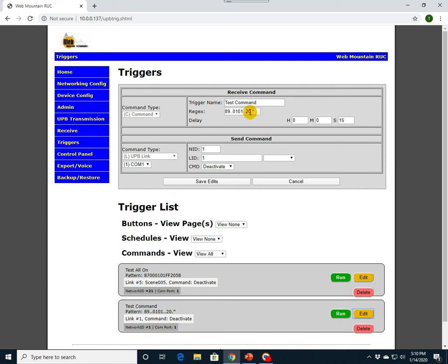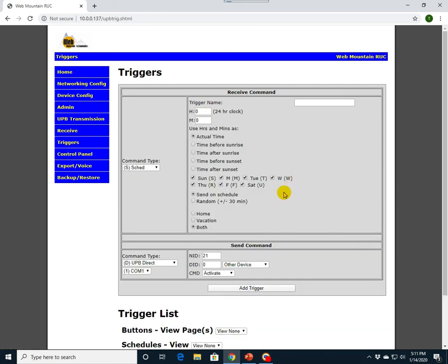And you know the command is a 20, which is an activate. 20 is an activate command. So that's what the command triggers do, and how you can use wildcards in that for that particular capability. Okay, let's get out of that